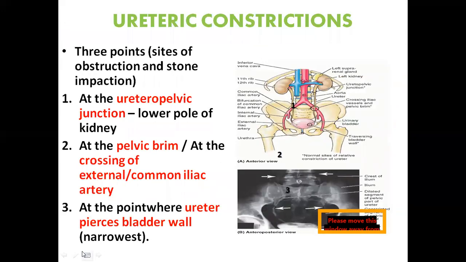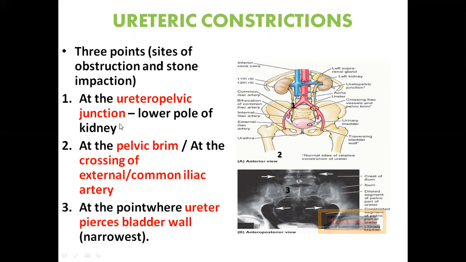Now this slide is very, very important. Ureteric constriction can be an important 3 marks question. Sometimes the ureter itself can come as an essay question, but constrictions is the more common question. The points where the ureter is narrowed are called constrictions. We have 3 such constrictions. Why is it so important? Because these are the points where there may be impaction of stones, kidney stones, renal stones. If they are small in size, they may get stuck over any of these 3 points.